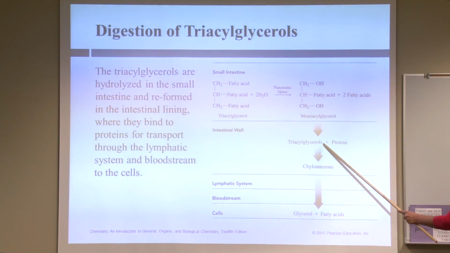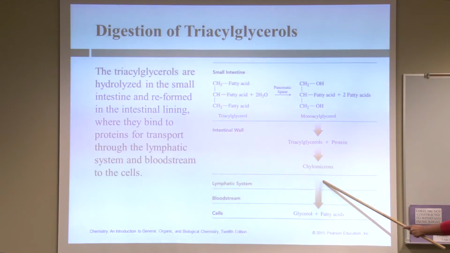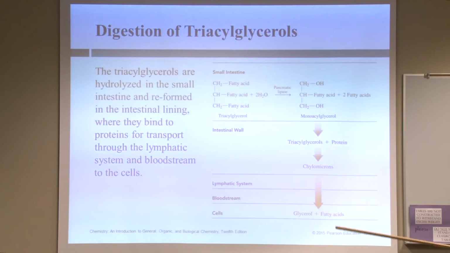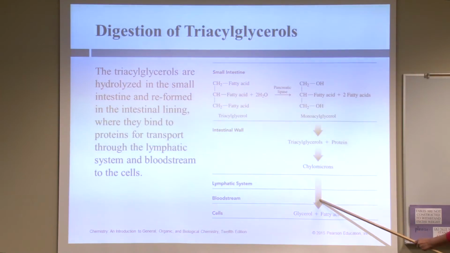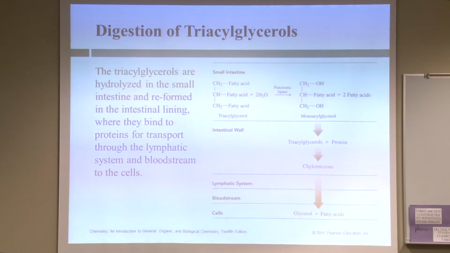So this protein connection gives them the mobility, the vehicle, to pass through the lymphatic system and bloodstream into the cells. And there they break down into glycerol and fatty acids. The chylomicron is an important component. Combining with protein, it uses the protein as a vehicle of transport. So this is what happens with fats, lipids,